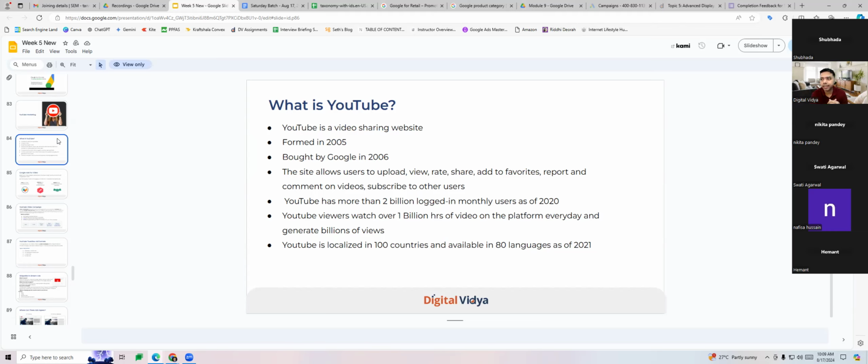Also, in hindsight, I sometimes think about this in this manner. If you look around at the apps we are using, like Zomato or Swiggy or Uber, Ola, I feel that I have come across them through a video ad only.